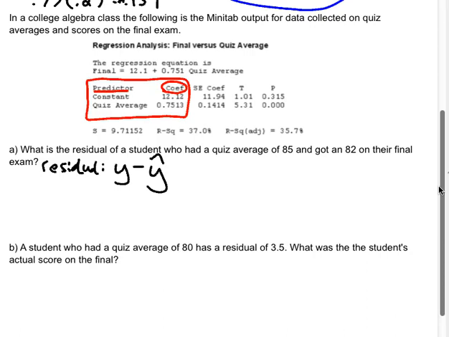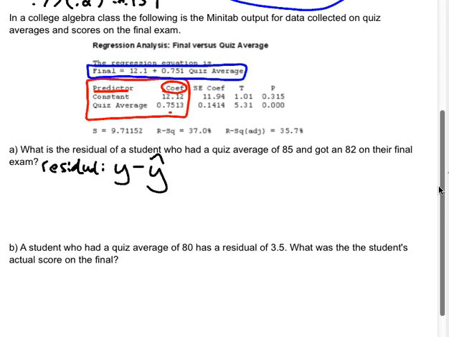So you can see the quiz average. The quiz average is creating our slope, right? And then the constant, or the y-intercept, is going to be the 12.12. Now, we could make the equation from that, but the cool thing is they already did,